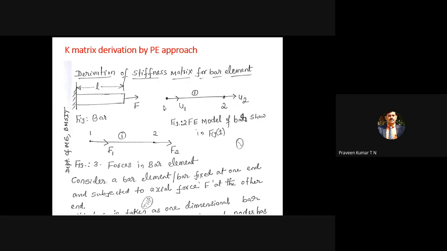In a similar way, the load applied at node 1 is F1. Node 1 is displaced by amount u1. Then work done is equal to force into distance, the standard physics formula for work done. At node 1, the force is F1, displacement is u1. F1 u1 plus F2 u2 is nothing but your work potential.